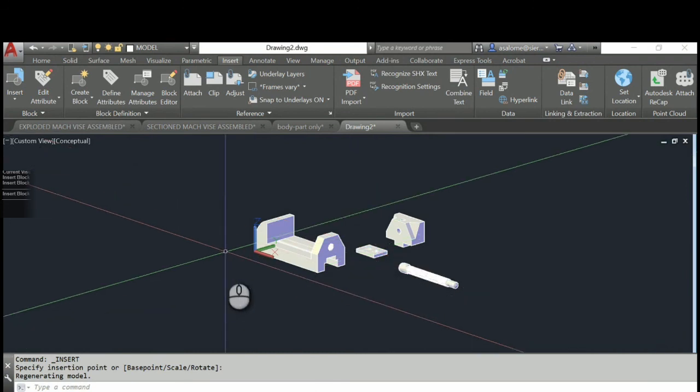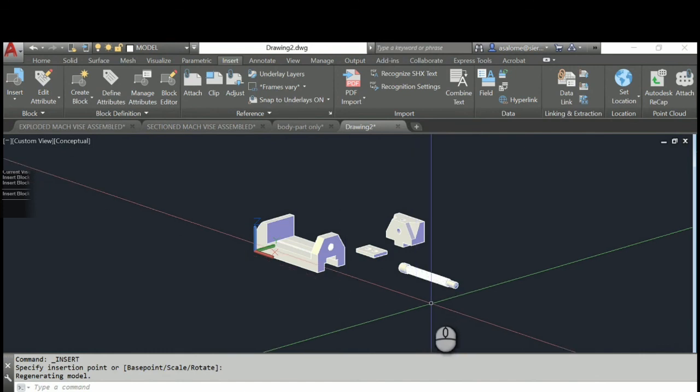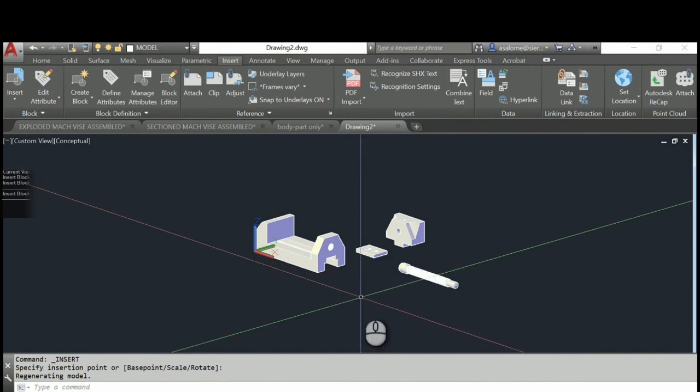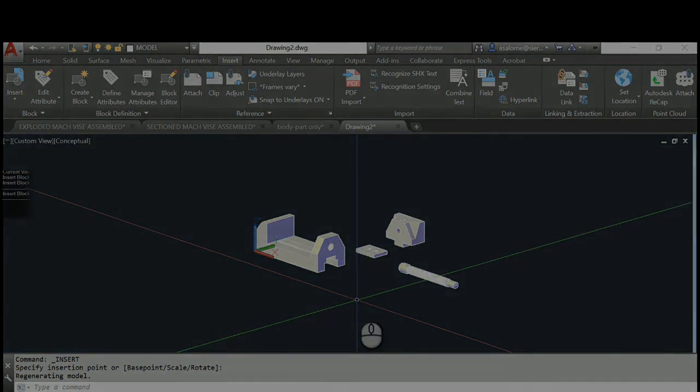So bring in all 8 of your parts. If you need more than one, like you have 2 of the screw at the bottom and you have 2 of the caps, just bring in 1 and I'll show you how to duplicate those. Okay, so I'm going to save this off now as part 1 of our video series for this week, and I'll meet you back with all 8 parts.